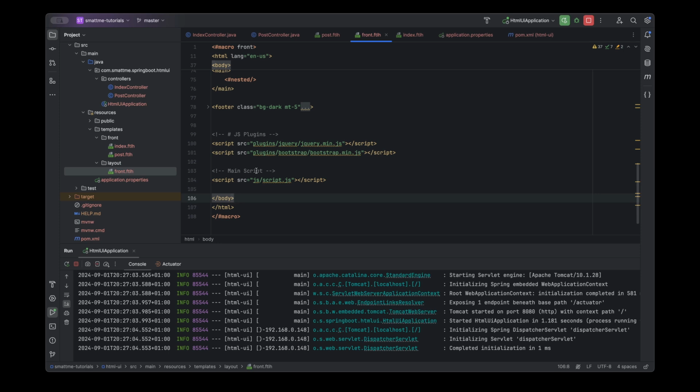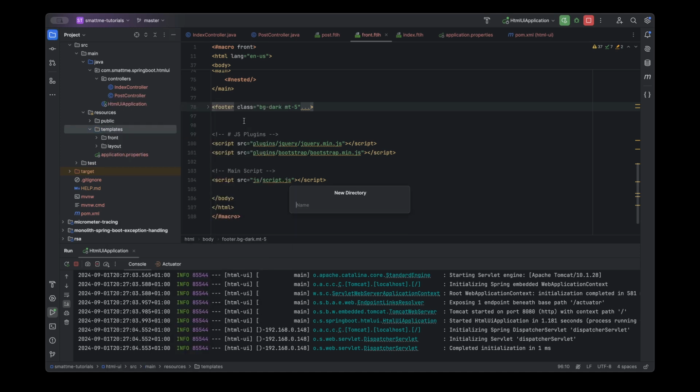Imagine you are building an admin dashboard, right? And you want the user to submit a form, right? Once the user submits the form, you do validation, right? So for example, the user did not provide the name and you want to return an error to the page, right? That error component, you're going to be reusing it in a lot of places, right? So you can make that a partial. We are going to get to that in another tutorial, but in this case, we are going to just convert the footer to a partial so that we can demonstrate that